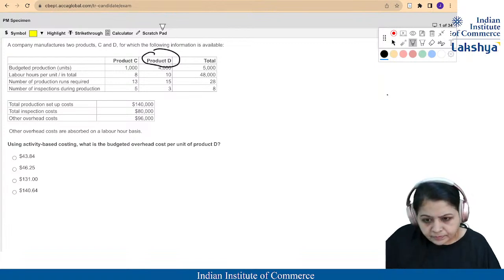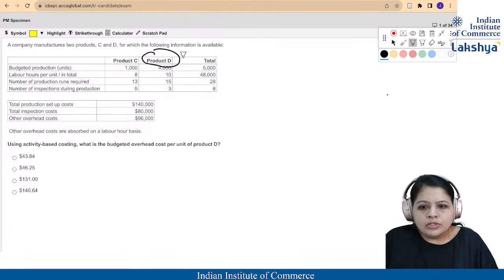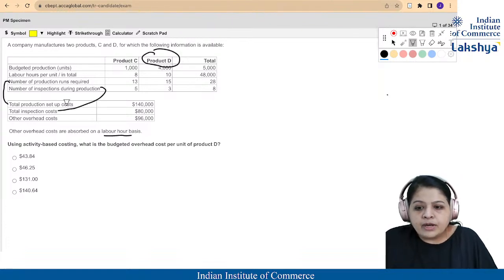If you know the question and you are comfortable with costing, directly jump to solving the question. So first we need to find out the individual cost. Setup needs to be related to the runs. Inspection needs to be related to the inspections. Overhead cost is based on labor hour basis, so overheads will be based on the labor hours. But these labor hours are per unit, so when you want to find out the labor hours for overhead, you need to multiply this with 1,000 and this with 4,000. So let's find out our per unit values, which are